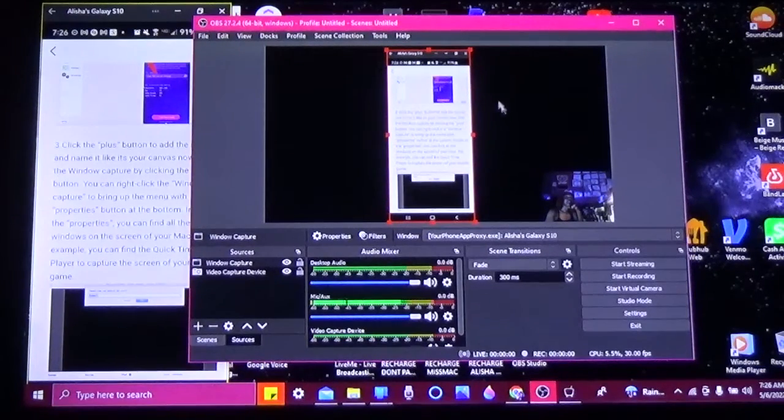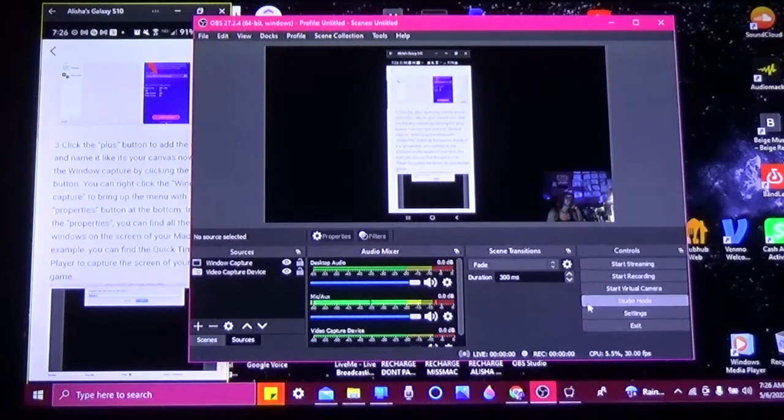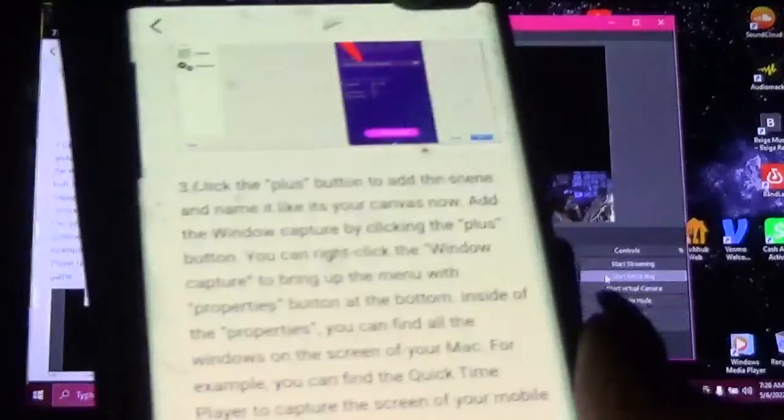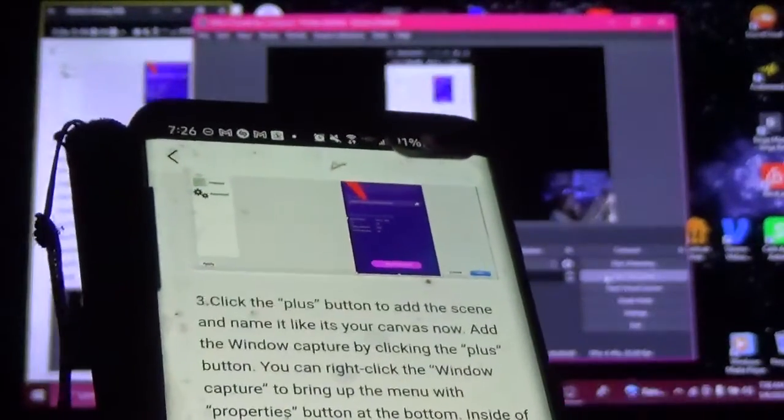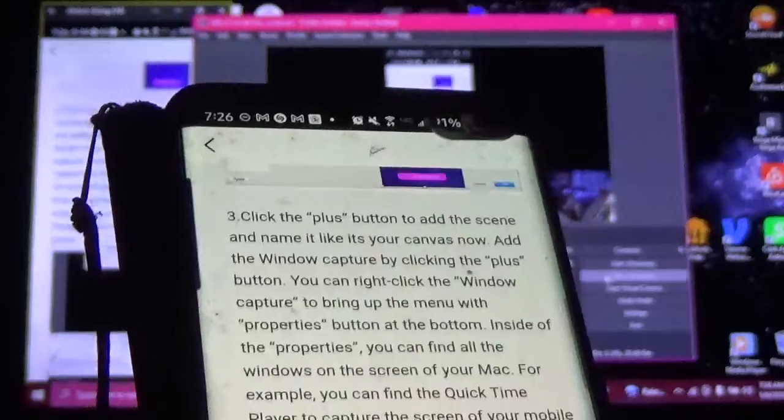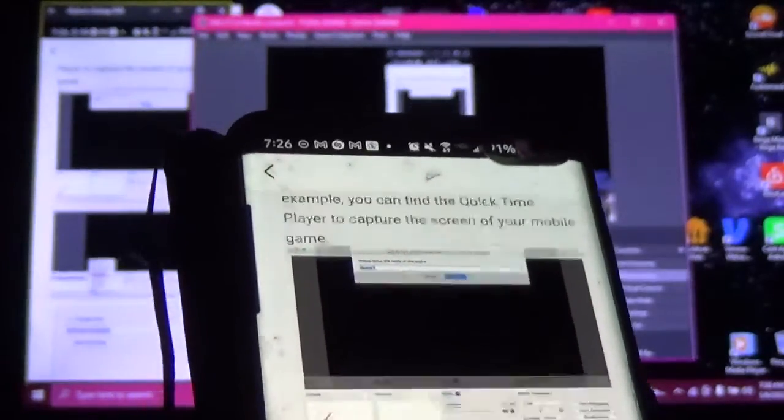Okay, now what we need to do is start this stream, right? I came off of the screen, so I might have to resend the link. So from right here, what we need to do is, we just added the source,